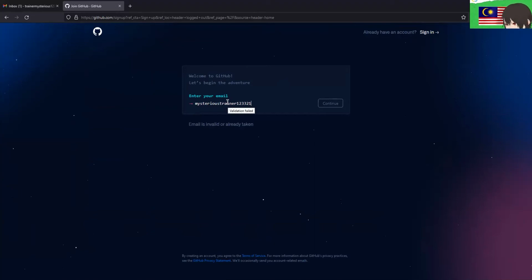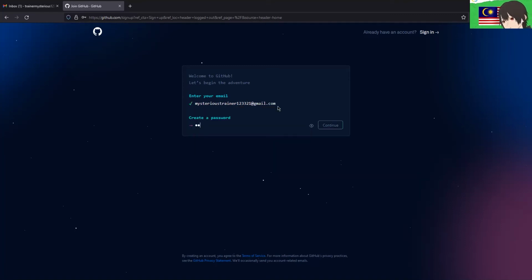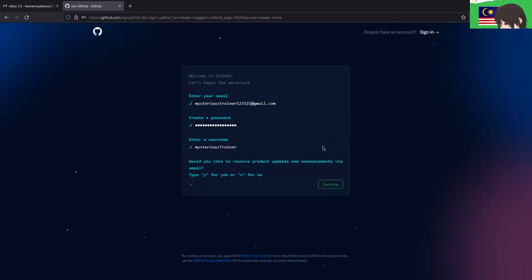Continue. Then password, you can put any password that you want, but make sure it is secure and you remember. Mysterious trainer. You have to receive product updates or announcement. Sometimes it's interesting as well, the announcement. So if you want, you can put yes. The one you can put no. For me, my real GitHub is already receiving the announcement, so I'm going to put no for this